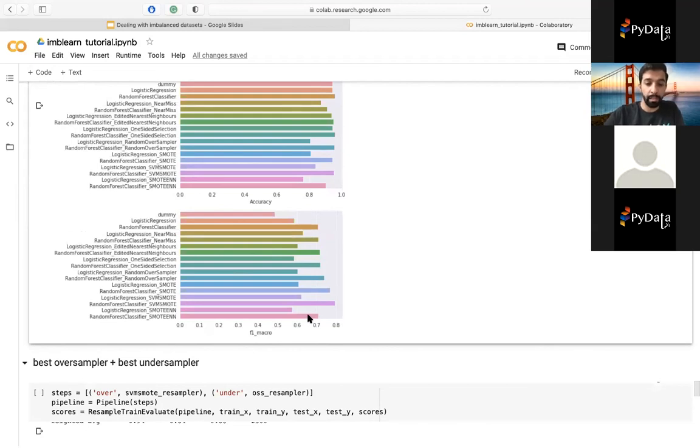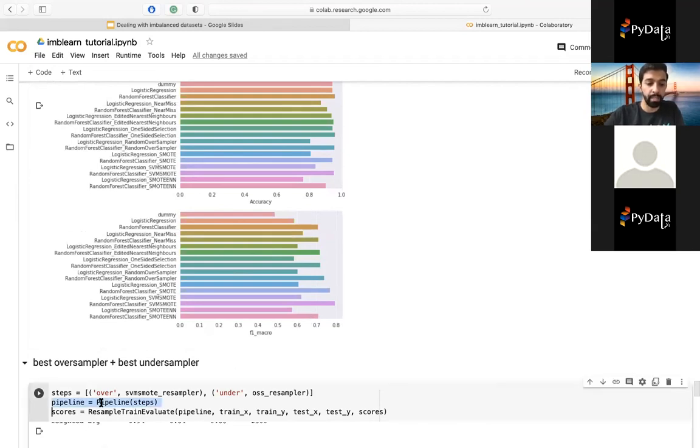So for the next one, we're going to use the pipeline feature, and we're going to use the best oversampler with the best undersampler. And we saw the best undersampler was one-sided selection, and the best oversampler was SVM. So this is how we're going to do it. I'm going to use the pipeline, which I imported in the beginning of the notebook.